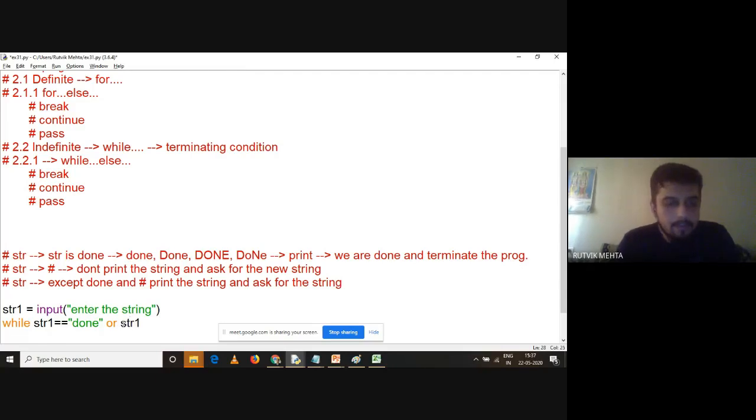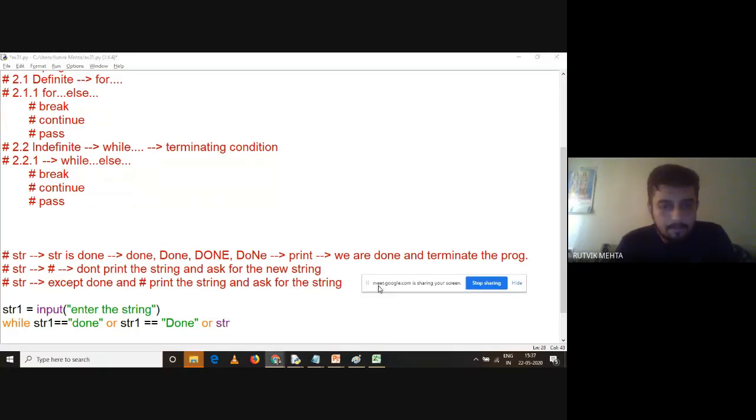I can say str1 is equal to capital, or str1 is equal to done, or str1 is equal to 3, 4.